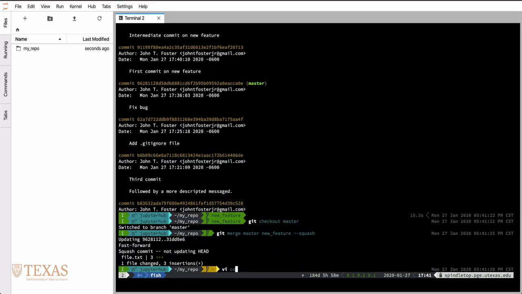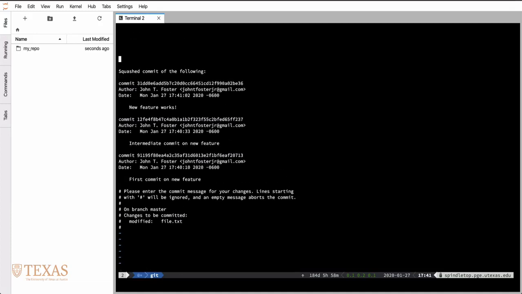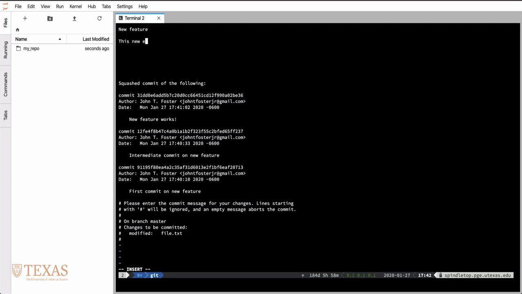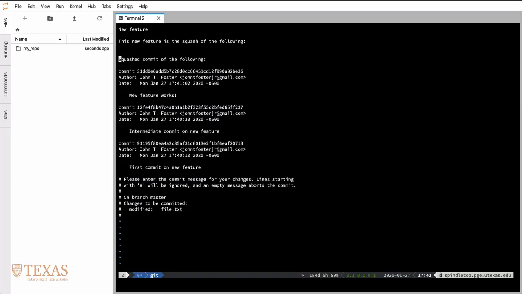Now we'll have to make one more commit. What I'm just going to do here is just type git commit without any message so that it opens up a box. And in this case, it actually populates the commit history with the 3 other commits, right? The messages and the times, right? So then what I'm going to say is, new feature. This new feature is the squash of the following, right? Or of course there's a line there that already says that, but nevertheless I could delete these lines if I want or leave them,